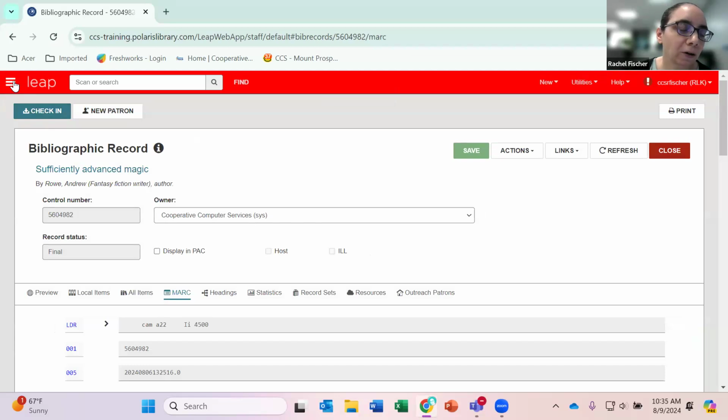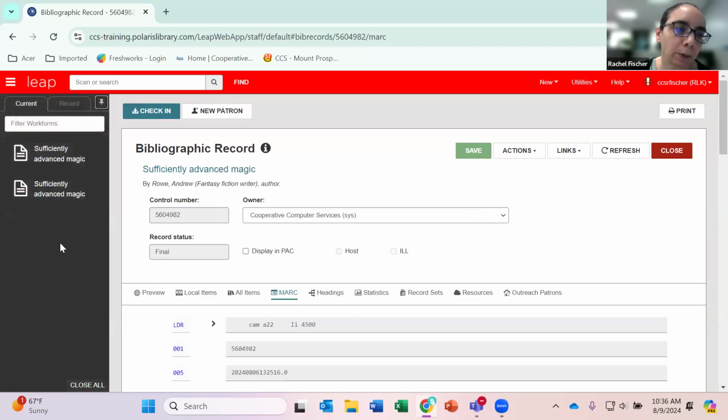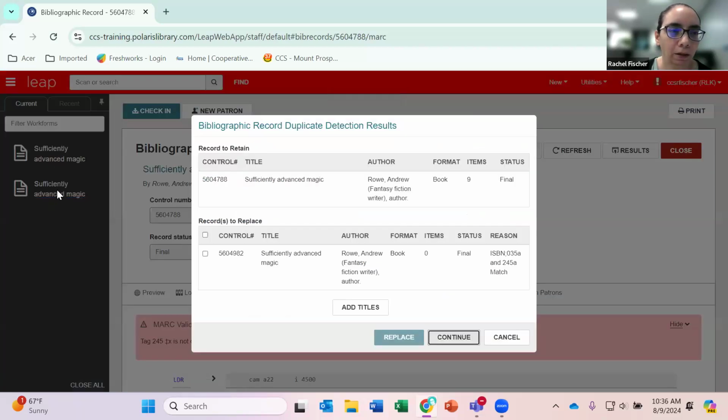And one way to toggle between two records is by using the Workform Tracker. You can find this on the left-hand side. At the top, it's these three lines. I'm going to press Pin to pin this open. So you can see here I can toggle between the two records. And I'm going to press Cancel